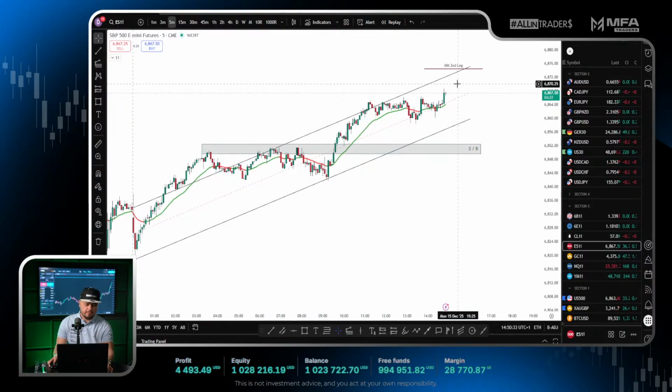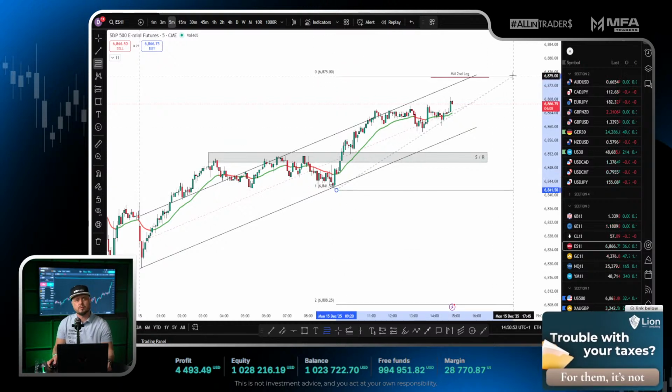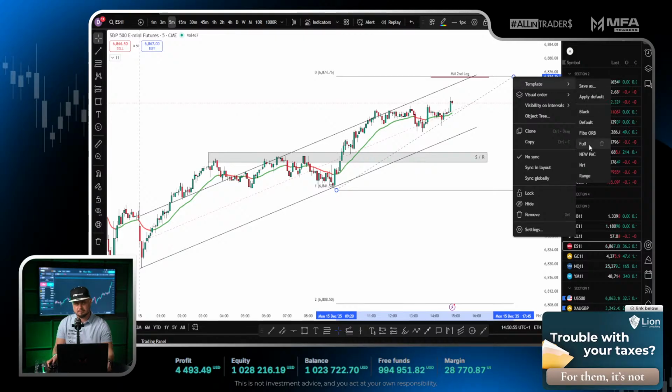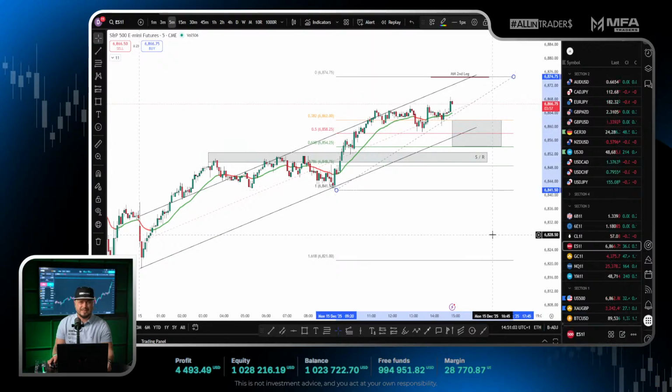Measure move. I'm not sure if we're going to have reaction right at this level. The price might break through, it might go higher. That's okay. So we need to wait for the impulse to finish and then we're going to measure the pullback zone, okay? So let's say we're going to get to measure move second leg. Let's say we're going to stop here. Our pullback will be somewhere around this area,